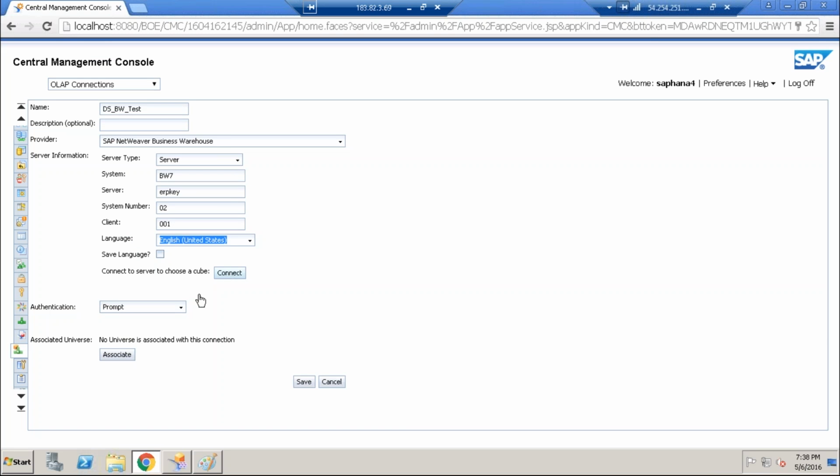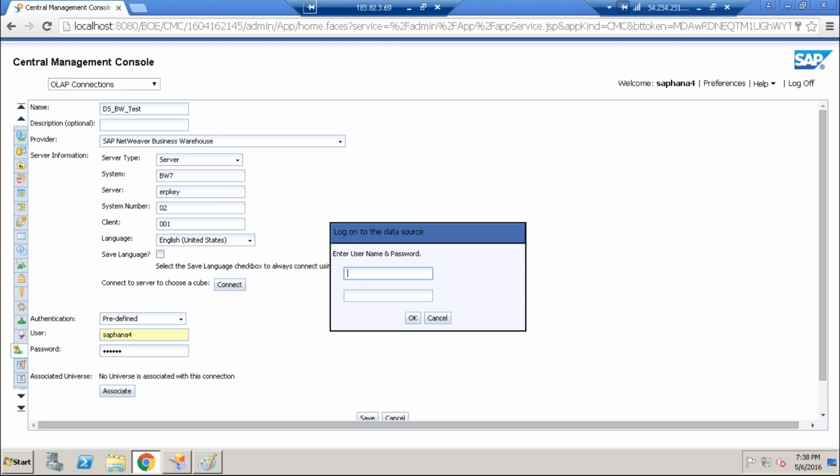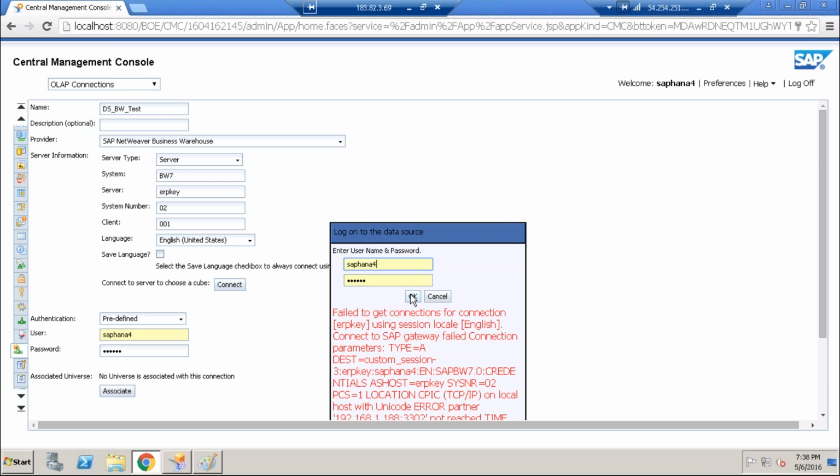And you can give a user ID and password here. SAP code is 3. And you can connect to a queue. So to connect to a queue, you need to give the credentials. Once you connect, you can connect either to a cube or